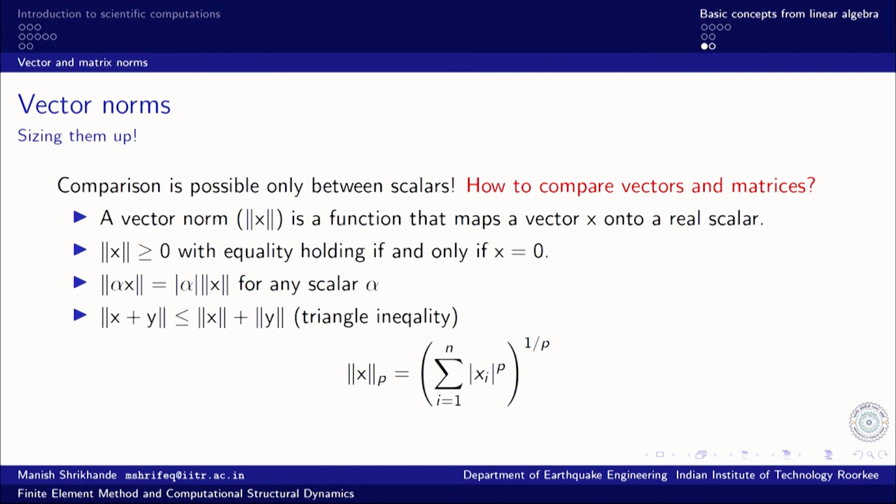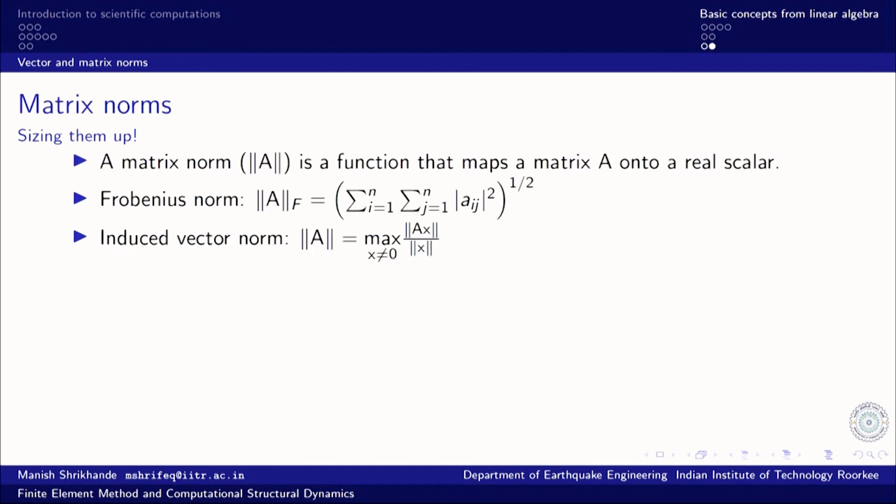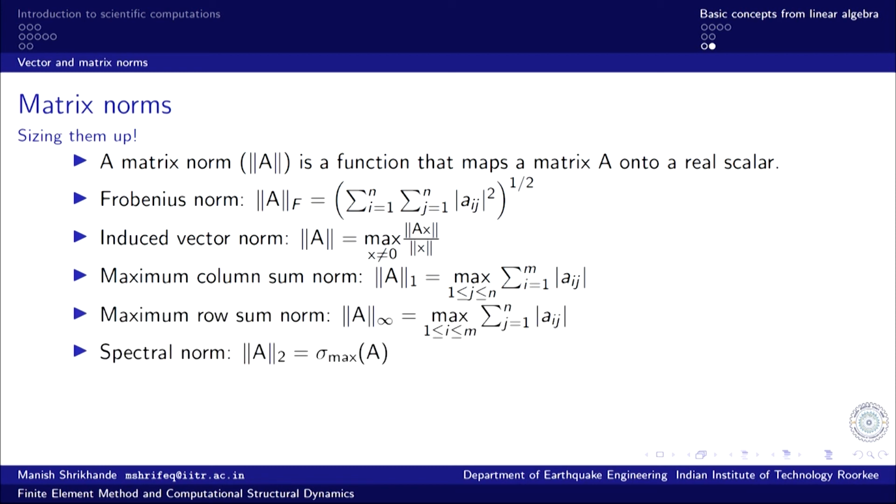Similarly, just as we have these vector norms, we also have matrix norms that you can look up, and there are different norms, like Frobenius norms. We can also transform a matrix into a vector and then use the vector norm; that is called an induced norm. We can always convert it into a column vector or a row vector, and then take the appropriate norm of the vectors. Or we can also have the spectral norm, that is the largest singular value of the matrix, or the eigenvalues of the matrix, which can also be used as a measure of the matrix.